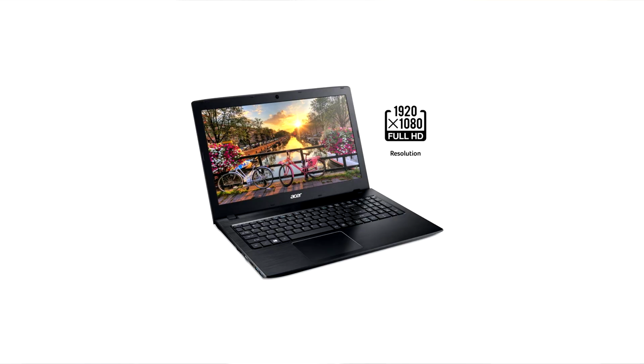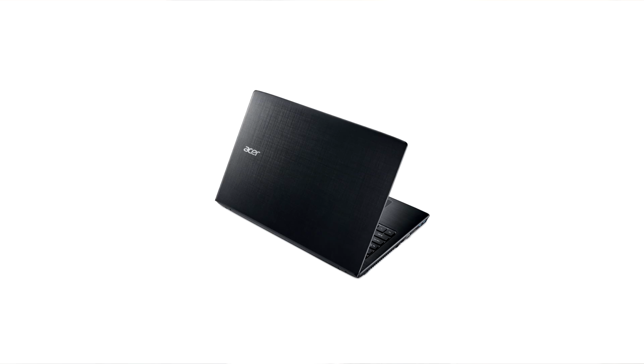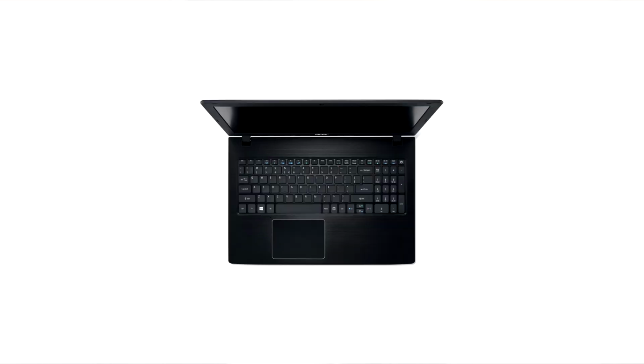So this laptop is from the Acer Aspire E15 lineup, which I am definitely very familiar with because that's what my everyday work and editing laptop is from. And this laptop we're looking at here has an i3 processor with 6 gigs of RAM, so it's slightly less spec'd out than my laptop, but I still think it's an amazing deal for students. If you don't need all that power, but you still want a laptop that's full size with a decent amount of power for just performing everyday tasks and you don't want to drop a ton of cash, this is an